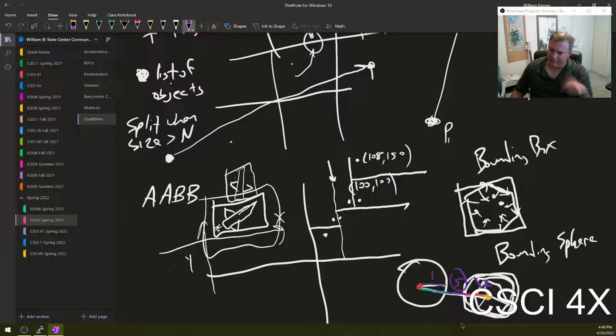Does that make sense? Bounding sphere, bounding box. Axis aligned bounding box. So axis aligned bounding boxes are always not rotated. They're always on the x-axis and the y-axis. Okay. Now, let's talk about